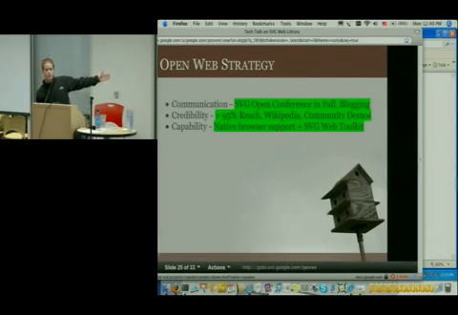So native browser support, all the great work that the WebKit and Chrome teams have been doing in terms of getting good browser support. And then JavaScript toolkits. That's my background. That's where I can help contribute. Sort of JavaScript shims that can help get the capability up faster so we don't have to wait so long.